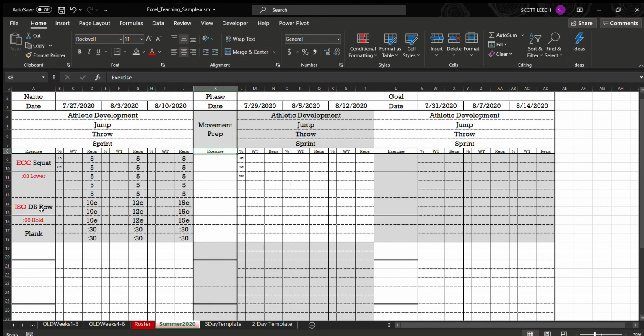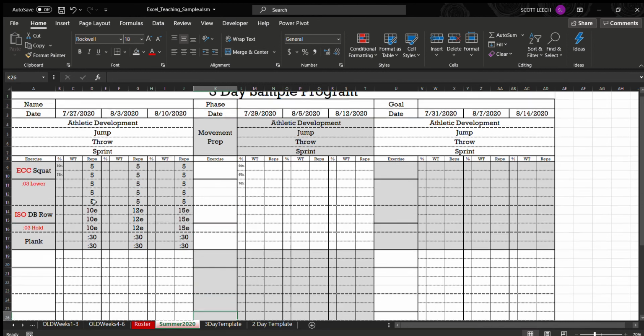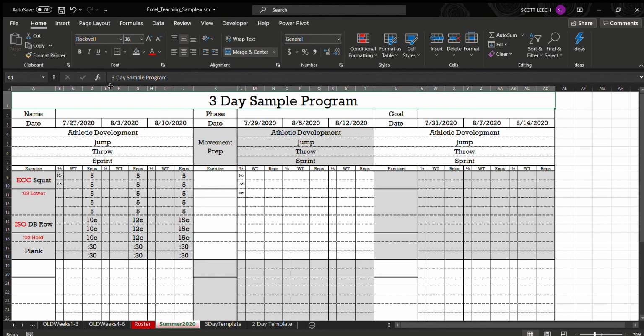So yeah, at this point, it's a lot of filling in all the exercises. You can put in stuff in there, but for the most part, we have a nice clean looking template. The next video, we'll go ahead and set it up for print. See what else we can